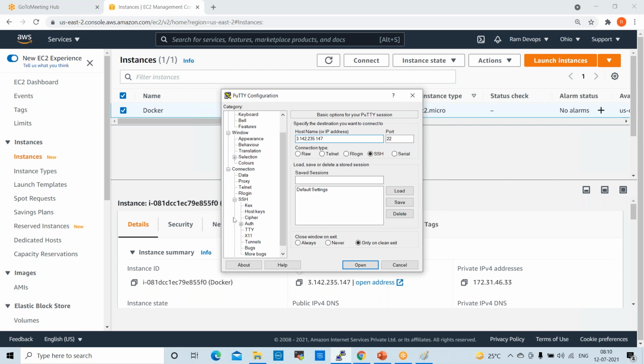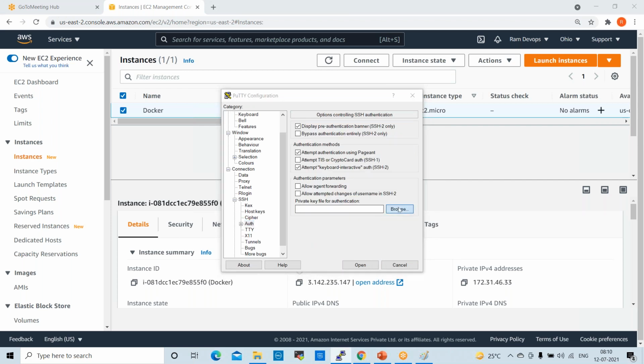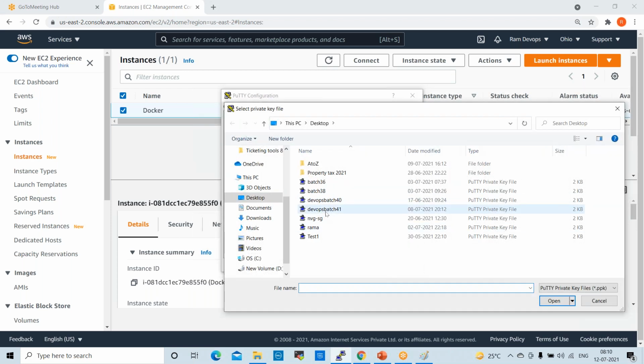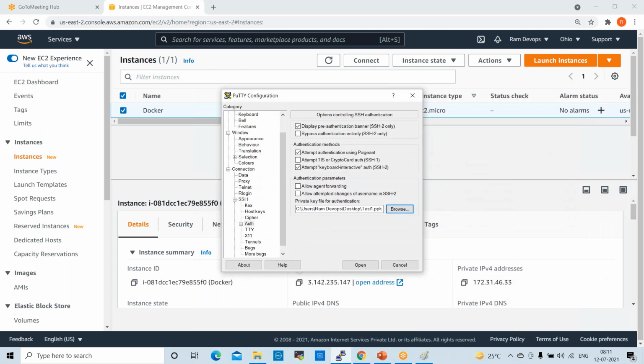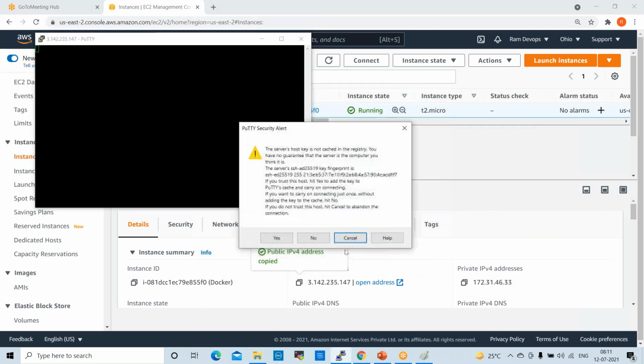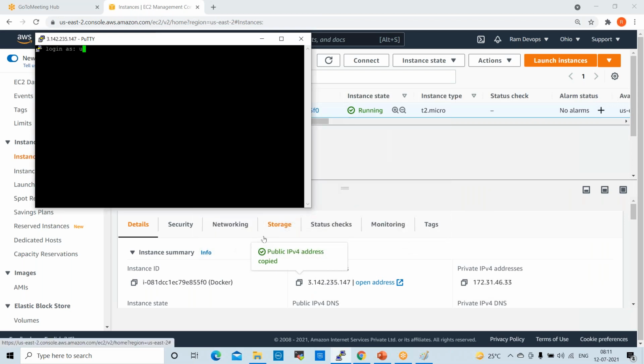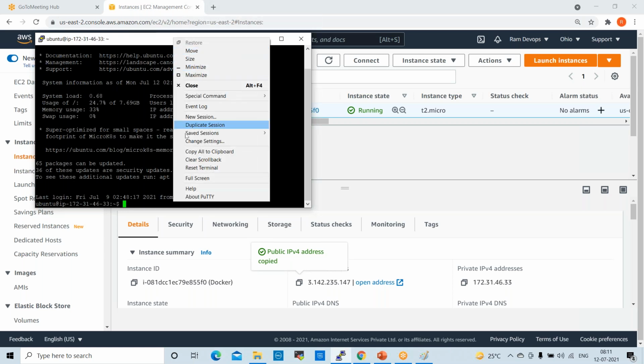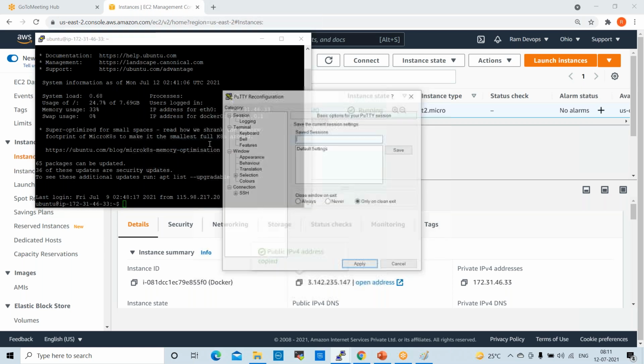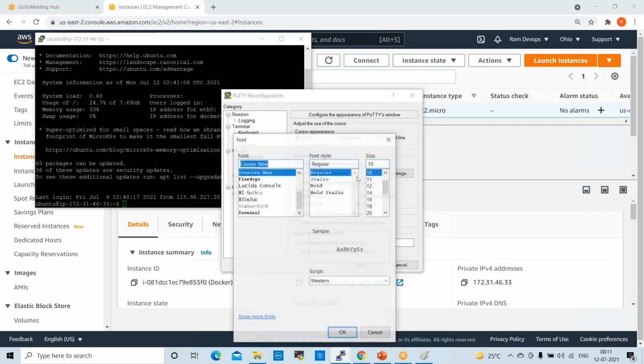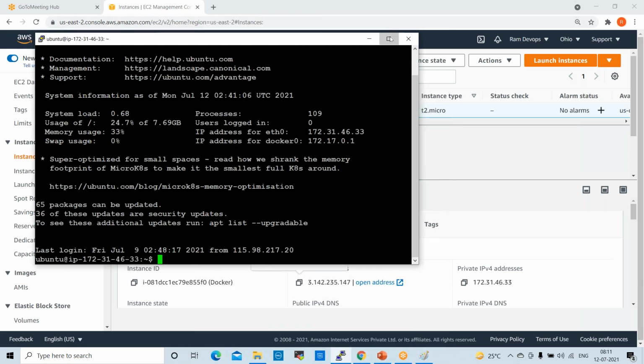Open the terminal, connect to this server. Yeah.